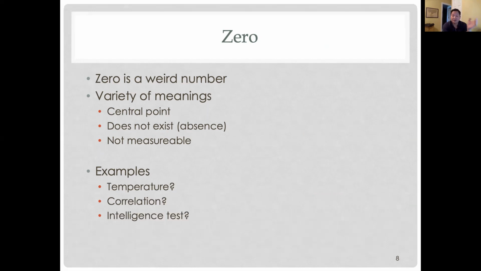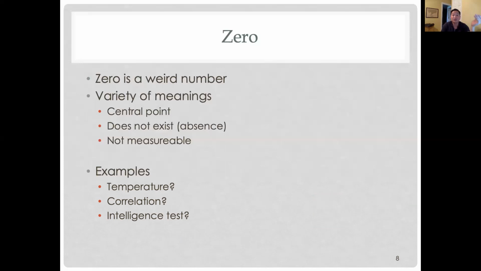On the Celsius scale, 0 is where water freezes. So it has a meaning there. It's sort of an arbitrary meaning, but there's a meaning for 0 on Celsius. And then for the Kelvin scale, if people think back to that, 0 means the absence of temperature. That's like the end of everything. So in that case, 0 implies a true does not exist. In each of these, Fahrenheit, Celsius, Kelvin, 0 goes from having no meaning to some meaning to a lot of meaning and the implication of the absence of something.